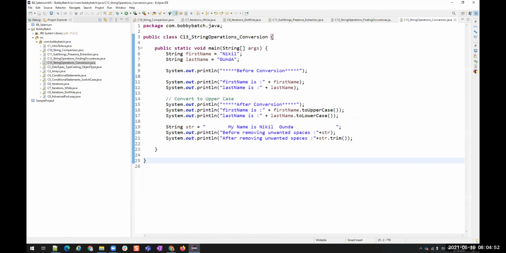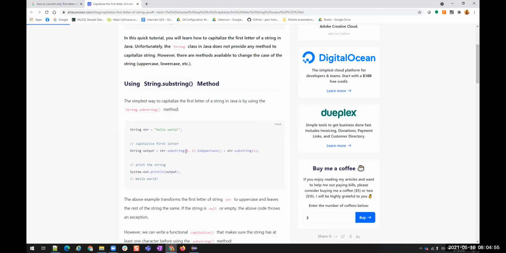So it is basically choosing the first letter. Why is it giving 0, 1? If it is 0, then what is it going to return? It is going to return the complete string starting from 0, right? I want only the first character, so I'm giving 0, 1. If I want two characters, 0, 2. I want only one character starting from 0, ending at 1, so that will be only the 0th position. So we do not have any direct method, so we have to use this.